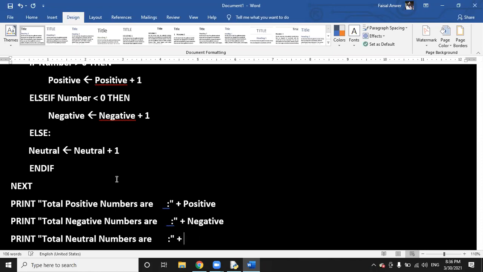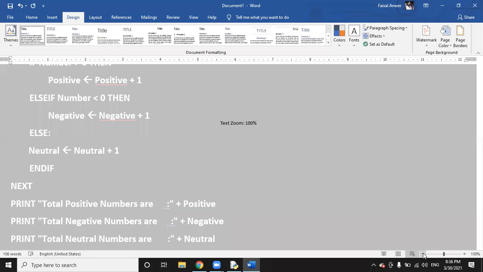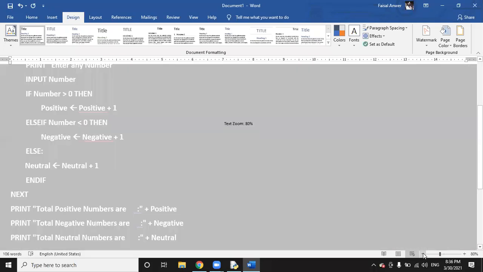Now finally the pseudocode is also completed. I hope there will be no problem in attempting these kinds of tasks.